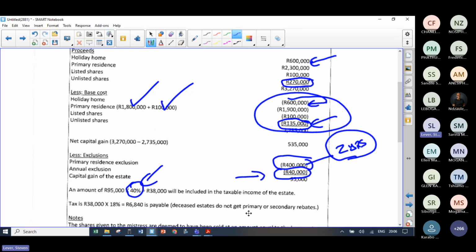So this is an example of what would happen if someone were to die in the middle of a question. I just want to remind you, the estate duty calcs, you're not going to get a detailed one. It's at a level 1, so just a basic thing. Know that it's assets minus liabilities minus deductions times 20%. If it's more than 30 million, whatever the portion is above 30 million is that 25% estate duty.